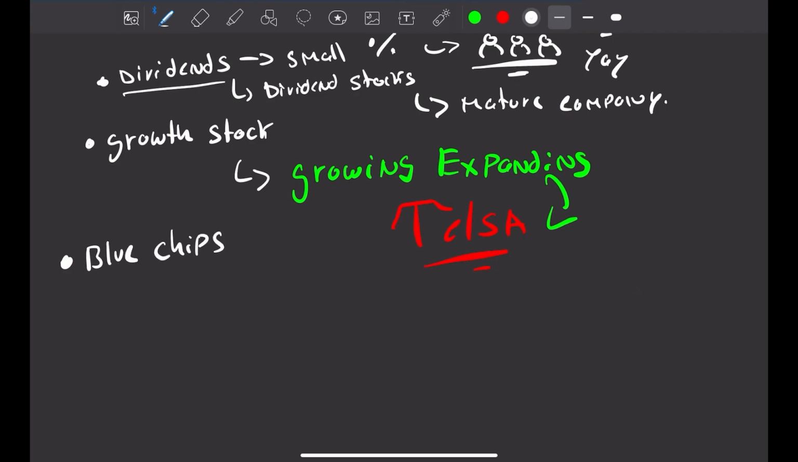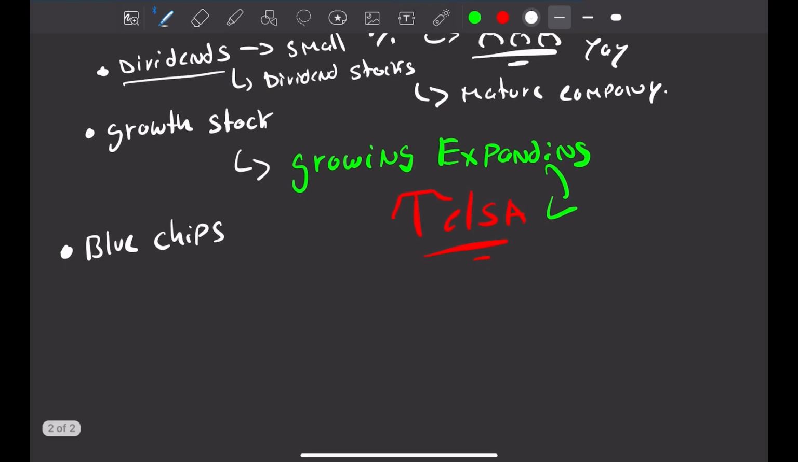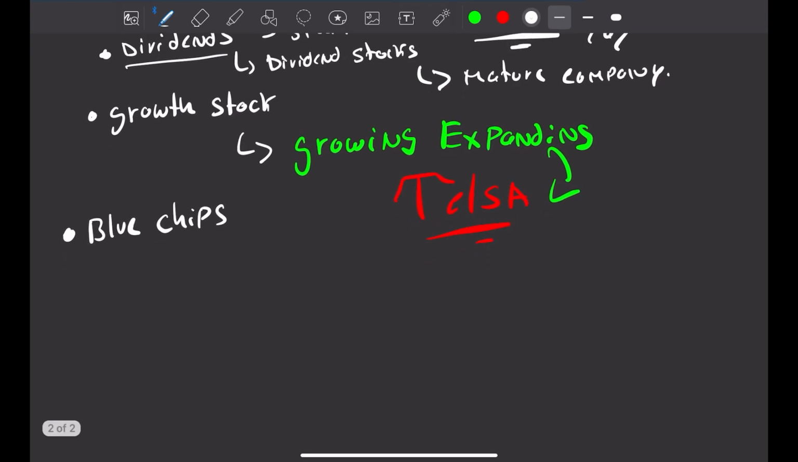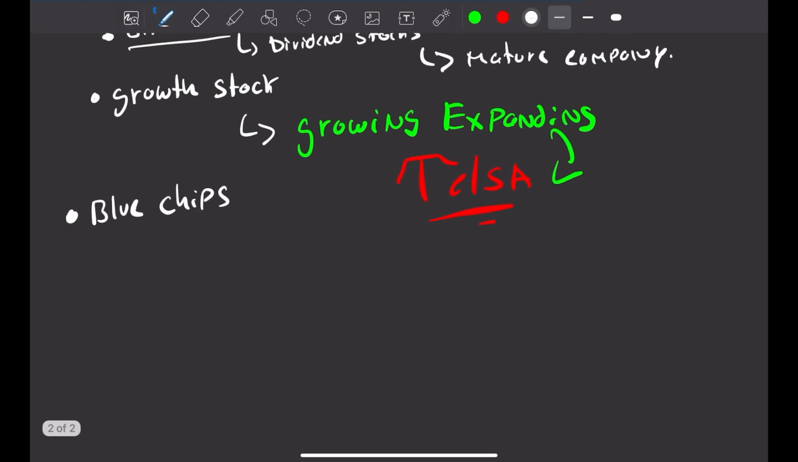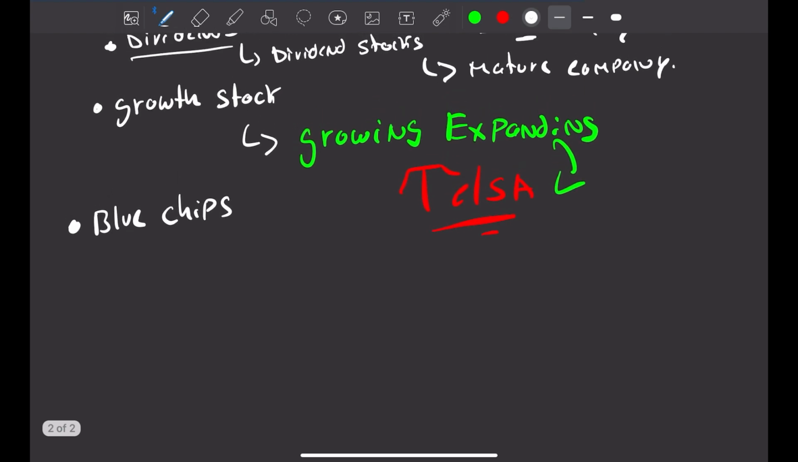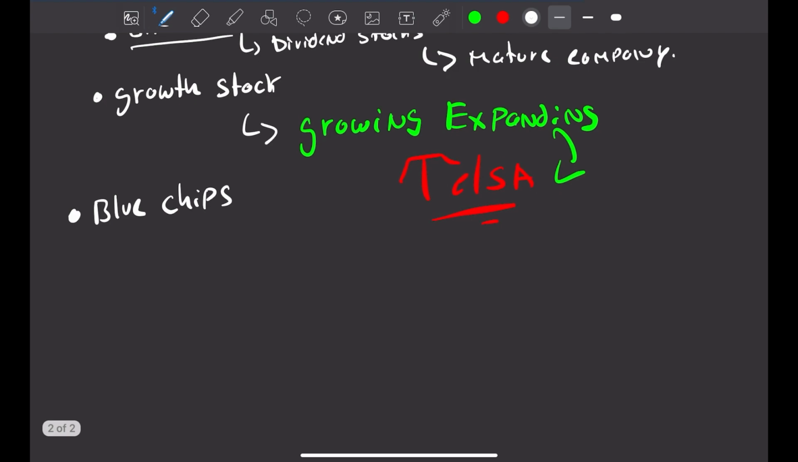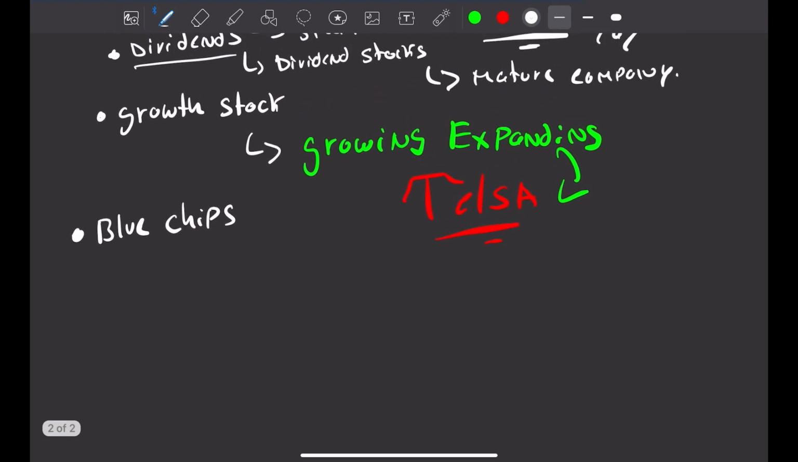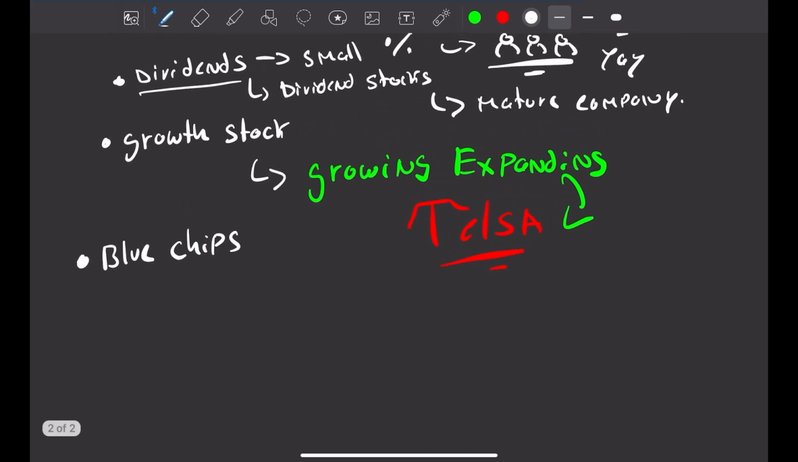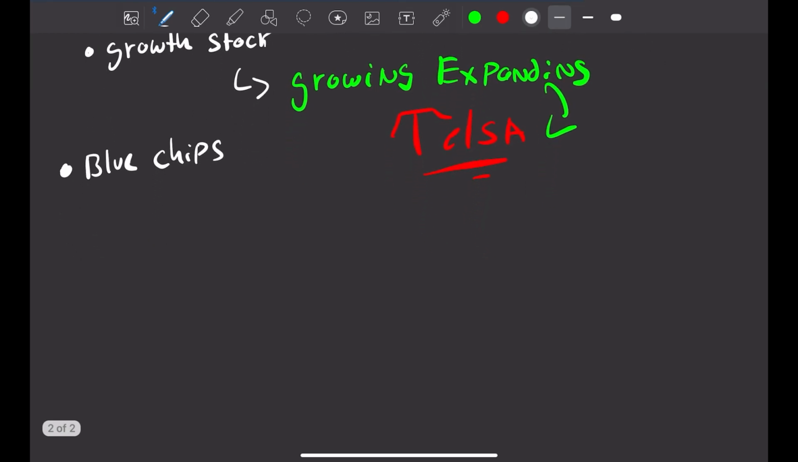Blue chips are usually companies that pay a dividend, but they're actually half of a growth stock. So how do I explain it? They're like the middleman. If you're not too aggressive, but you want some growth in your portfolio, which I forgot to mention, a portfolio